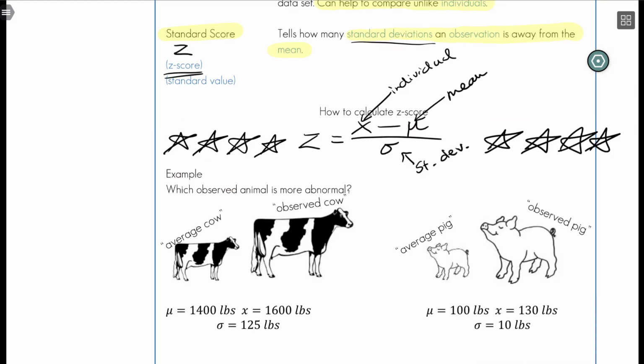Alright, so here's our example. Full disclosure, I'm from the Midwest. I'm from Iowa, and in a lot of small town Iowa and Midwestern cultures, there is farming out the wazoo, right? Farming is a big deal. And one of the most exciting times of year is when the county fair comes at the end of the summer. And this is where farmers will be able to show off their livestock and what they grow